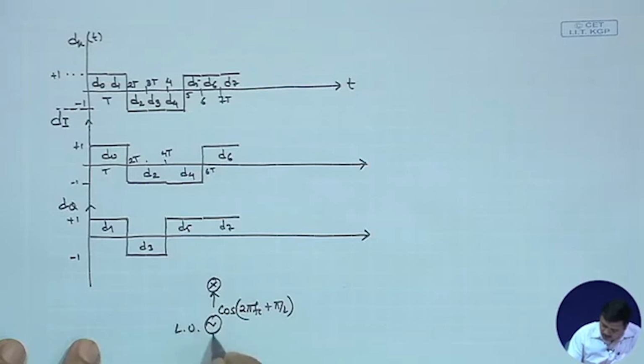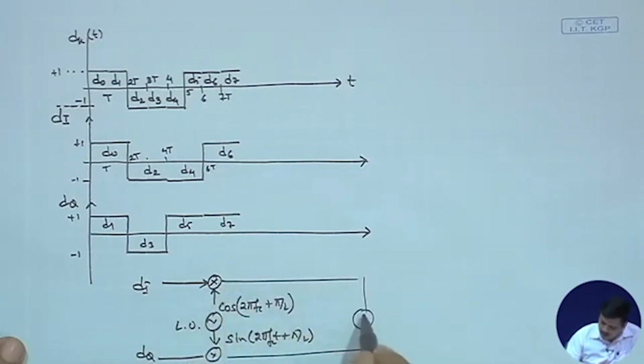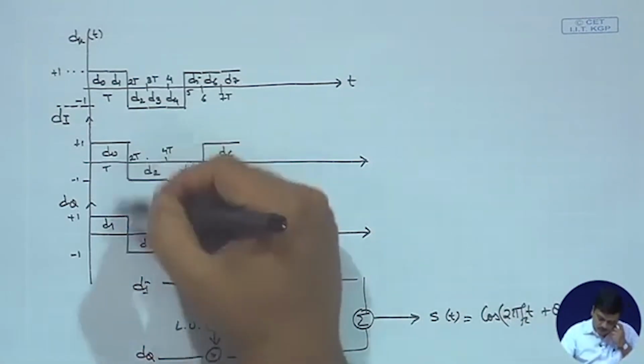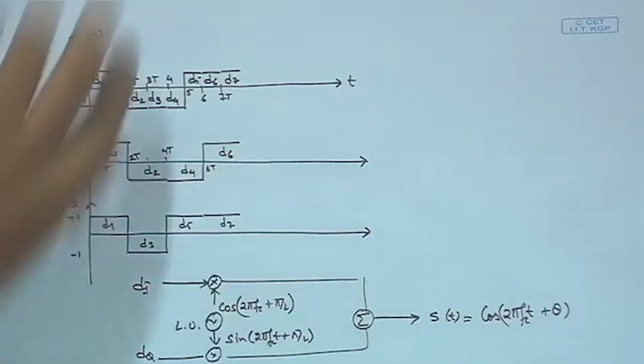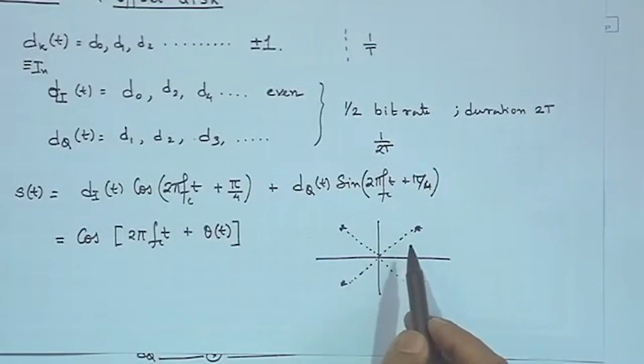This is the LO, and on the other side it is feeding sine of 2 pi f c t plus pi by 4, and then you are feeding di on this side, there is a multiplier, you are feeding dq, and then you are adding them up, a similar diagram we had drawn, and this is cos of 2 pi f c t plus theta. So, if we see these signals, this is selecting these 4 phases, and you could mark these 4 phases